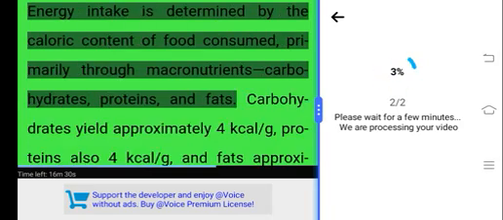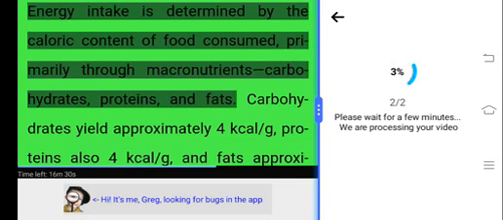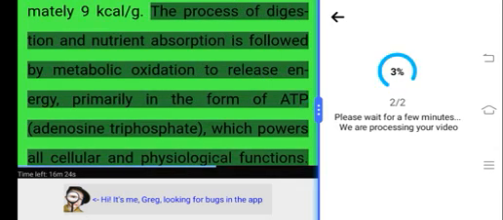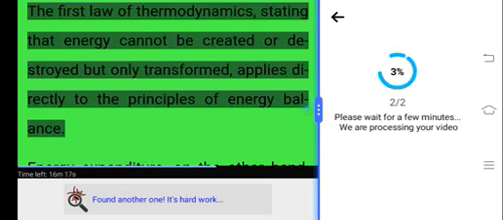Energy intake is determined by the caloric content of food consumed, primarily through macronutrients: carbohydrates, proteins, and fats. Carbohydrates yield approximately 4 kilocalories per gram, proteins also 4 kilocalories per gram, and fats approximately 9 kilocalories per gram. The process of digestion and nutrient absorption is followed by metabolic oxidation to release energy, primarily in the form of ATP, adenosine triphosphate, which powers all cellular and physiological functions. The first law of thermodynamics, stating that energy cannot be created or destroyed but only transformed, applies directly to the